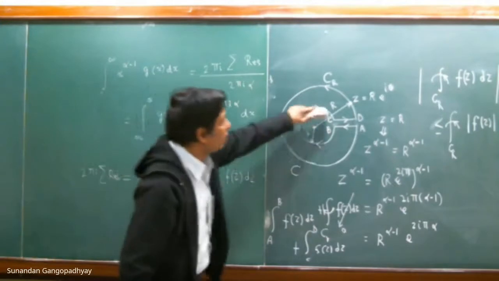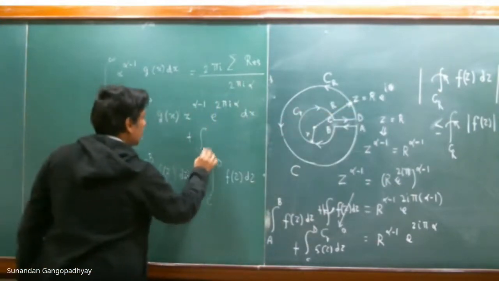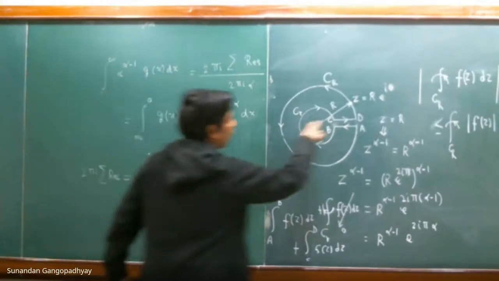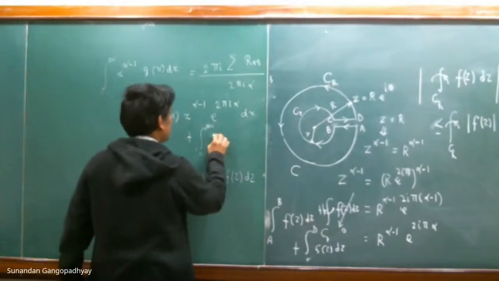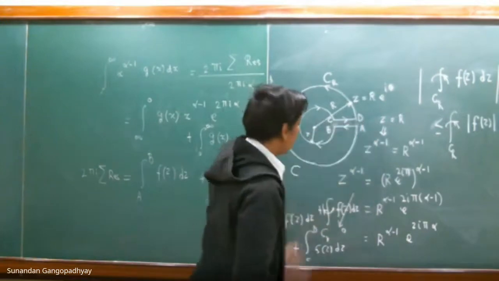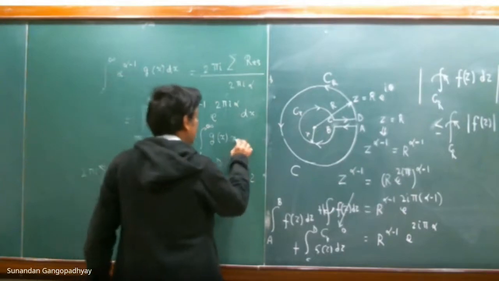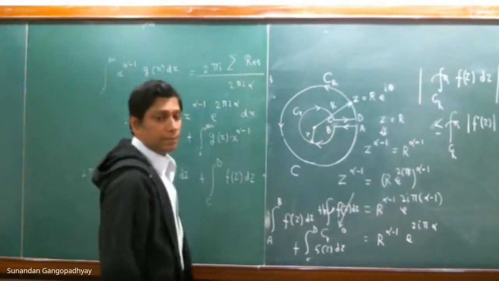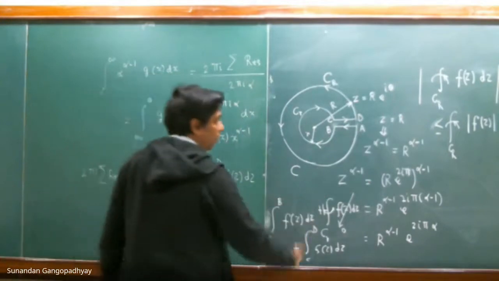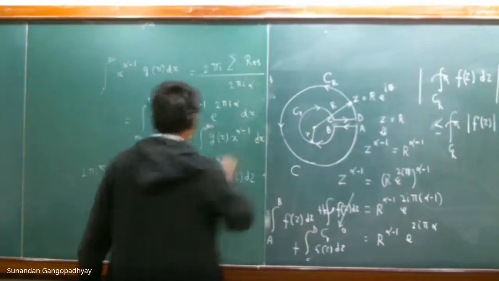And what about this term? This is integration from 0 to infinity. Once again, f of z along the real line will be nothing but g of x. But here theta is 0, right? And therefore z to the power of alpha minus 1 along this will be x to the power of alpha minus 1 only. There will be no contribution from this term. This term contributes only when theta is equal to 2 pi. Here theta is 0. So we have this.